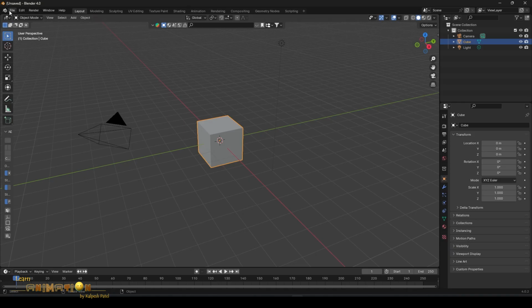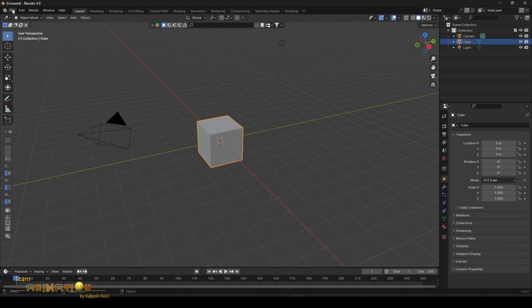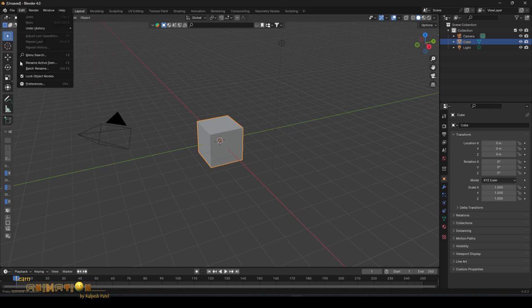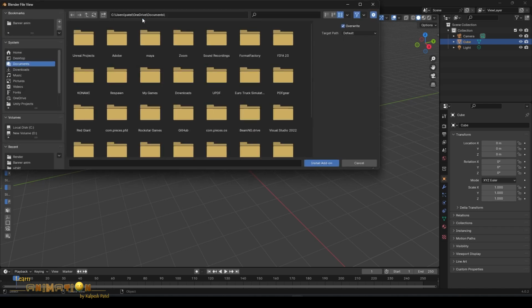Now just go to Blender and go to Import, then FSpy. If you don't see FSpy, you just have to install it in the add-ons. For that, go to Preferences, and from the add-ons press Install, and if you have downloaded the add-on, you can directly install it.